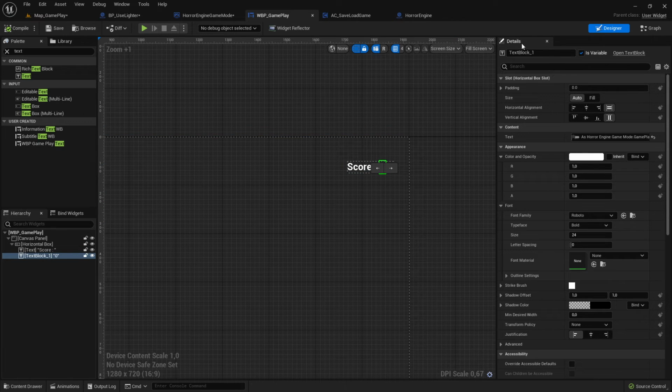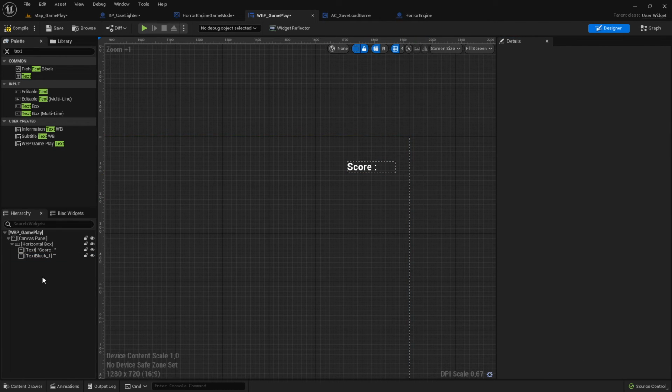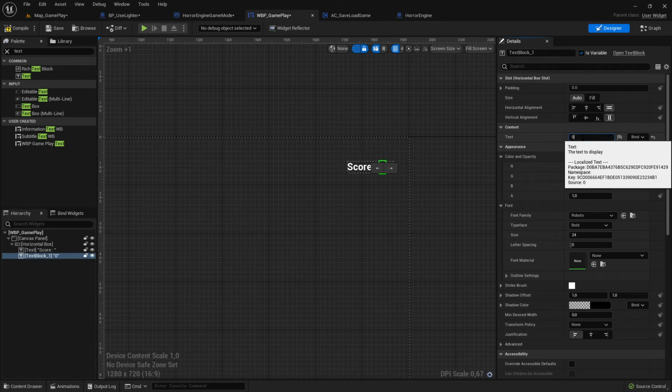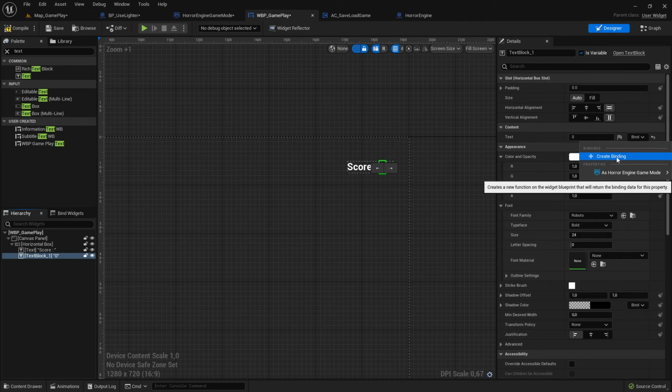Then you can go here to the details panel, and then you can go here to the text and say create binding. And actually, let me see what I have here. Remove binding here. What you have normally, oops, score, what's going on? I have to write the text fast here, so I'll see this one, it's that. And where is content? There's text. Okay, this one here. So you select this one again, and here you have now this option create binding, but